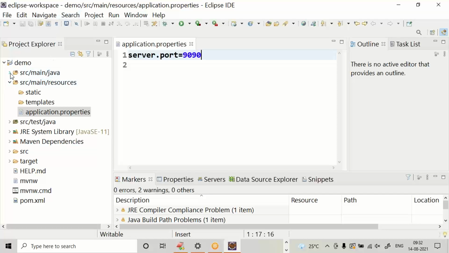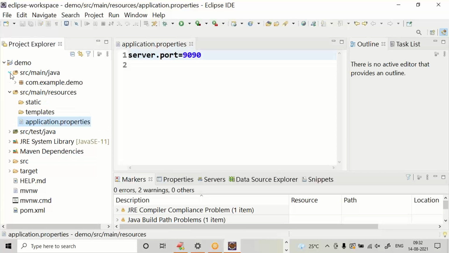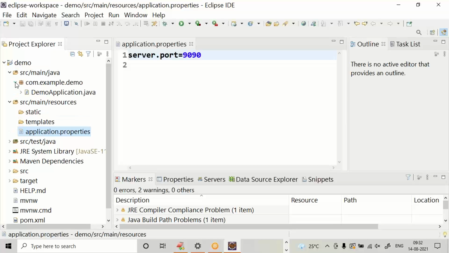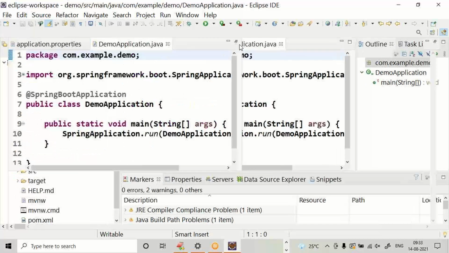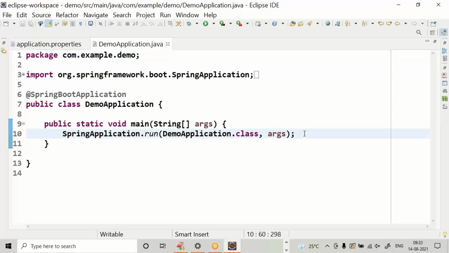Now, expand src main java, com example demo. Double click on DemoApplication.